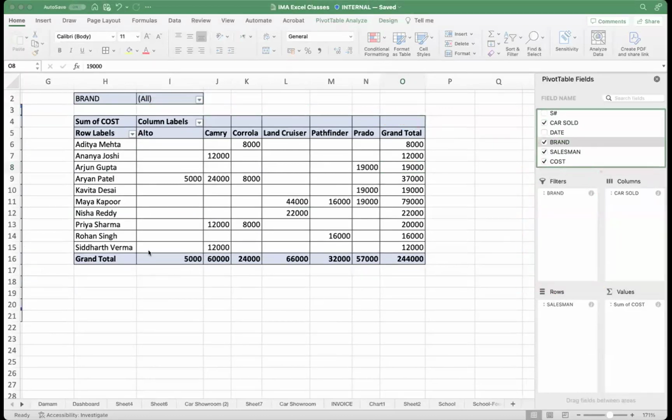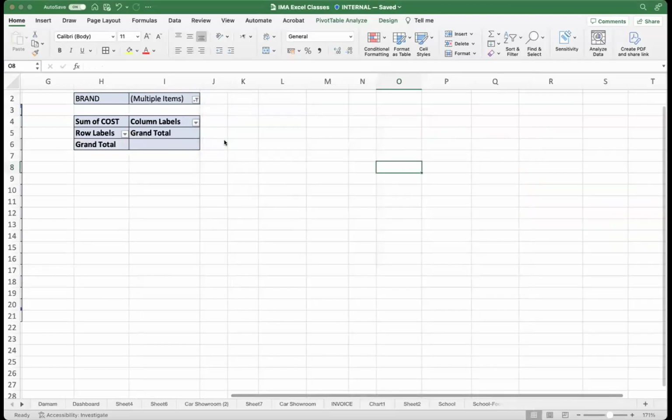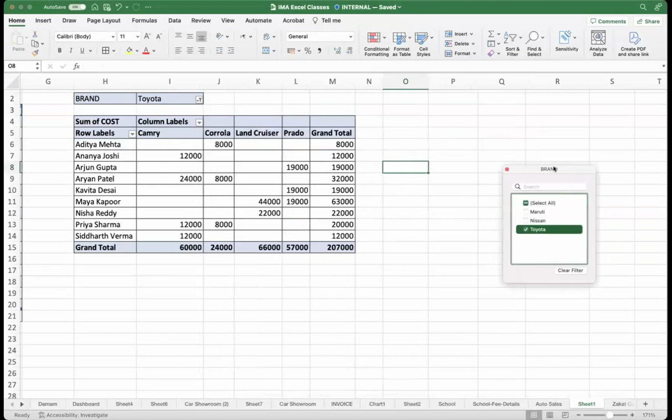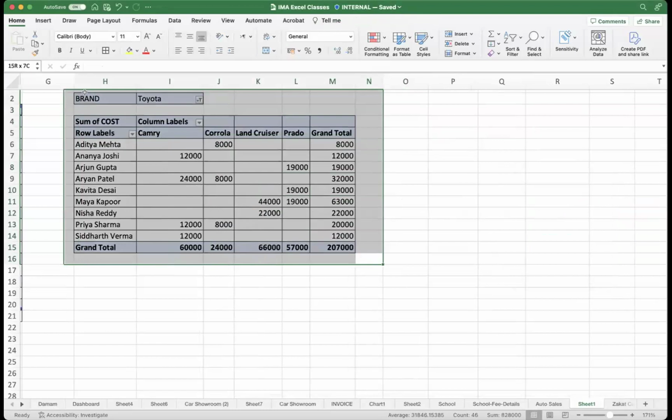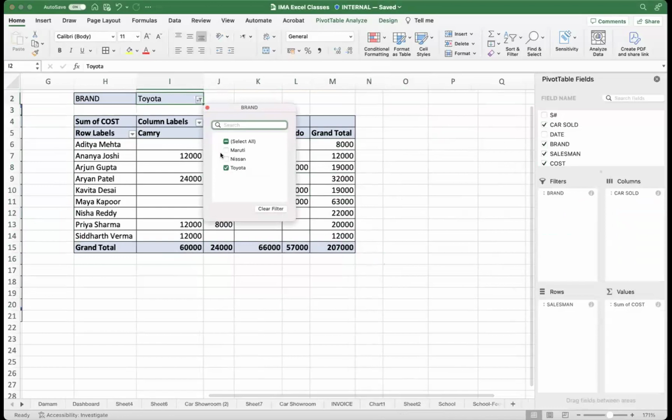इस ड्रॉप डाउन बॉक्स का काम क्या है? ये आपको अलाउ करता है, यहाँ पे क्लिक करेंगे तो जितने आपके पास ब्रांड्स हैं, मैं सेलेक्ट ऑल को निकाल के सिर्फ टोयोटा करता हूँ। तो ये देखिए, ये जो पूरा डेटा है, टोयोटा के ब्रांड का सेल्स हुआ है। तो मैं आसानी से देख सकता हूँ कि टोयोटा में कितना सेल हुआ है, एट वन ग्लांस। आई कैन सी हियर।